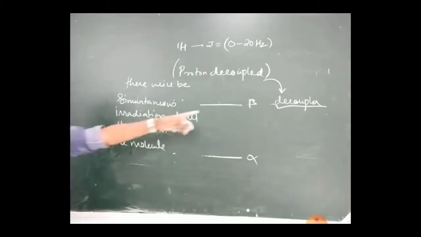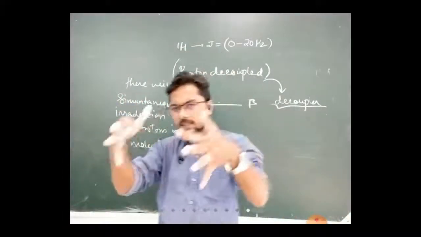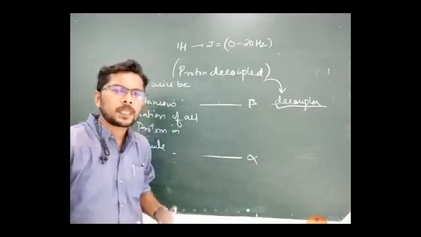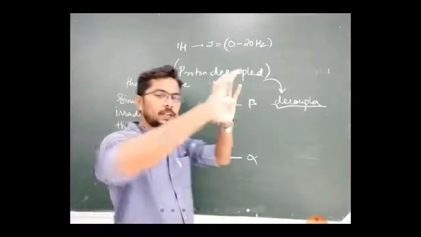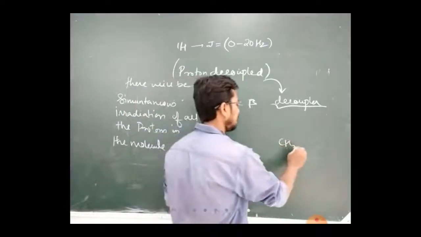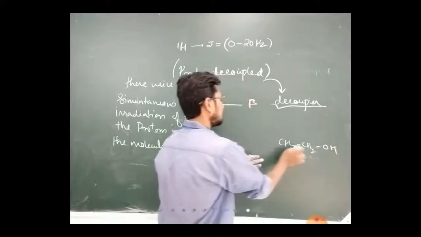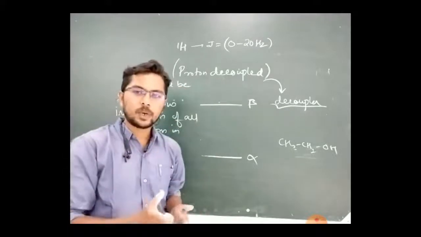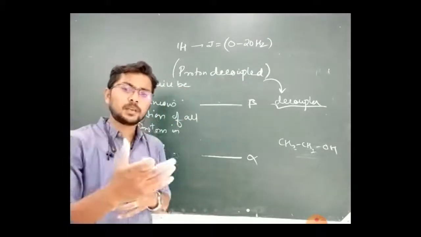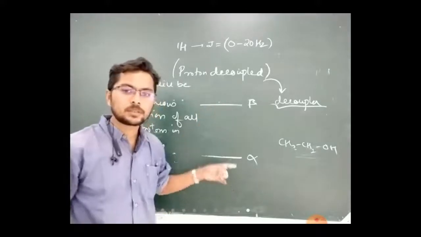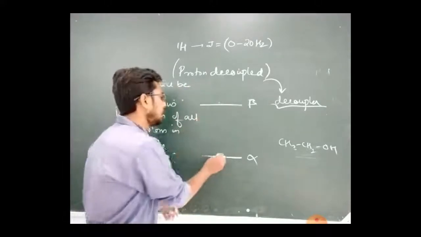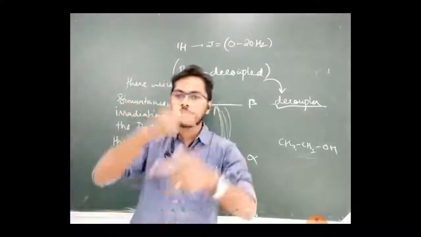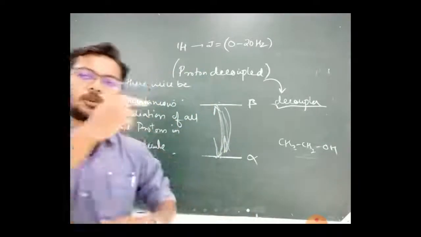Okay, so this decoupler gives a wide variety of radio frequencies, different radio frequencies at the same time, which will make all the protons in your compound, like the CH3, CH2, then OH, all these different hydrogens, all will be irradiated. And if all are irradiated, some will go from here to here, some will go from this to this, so there is quick resonance happening, continuously flickering. There is rapid exchange of energy states from alpha to beta, beta to alpha.